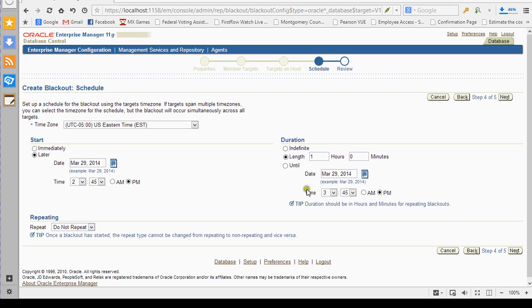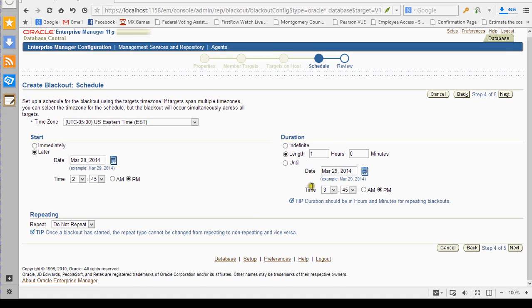And also the duration, I can make this an indefinite blackout, depending on what you'd like to perform. But typically you would just specify a duration of a couple of hours, maybe a little bit more on top of that for your jobs. Once you've selected the window, the start, and how long you'd like the blackout to last for,